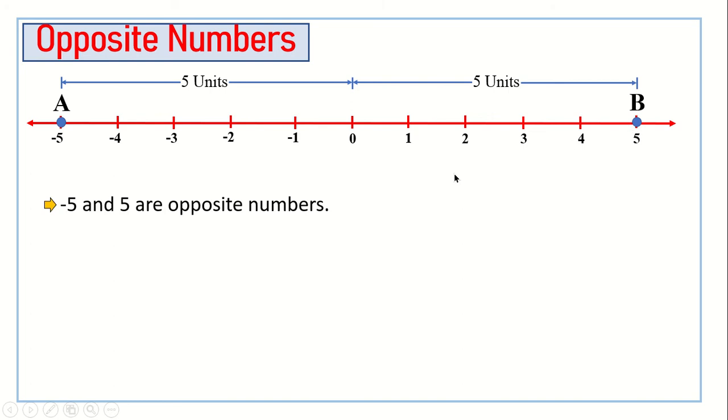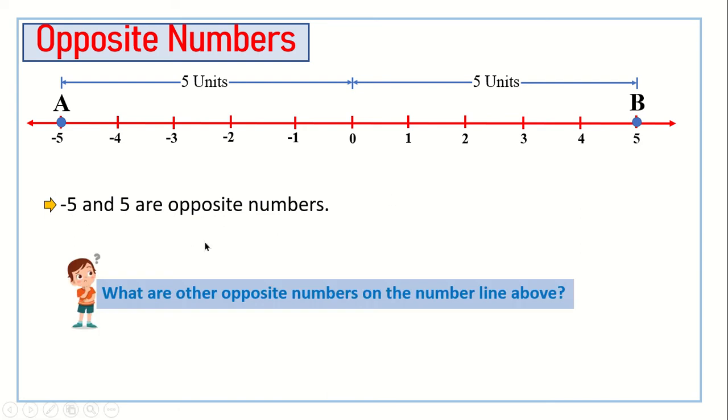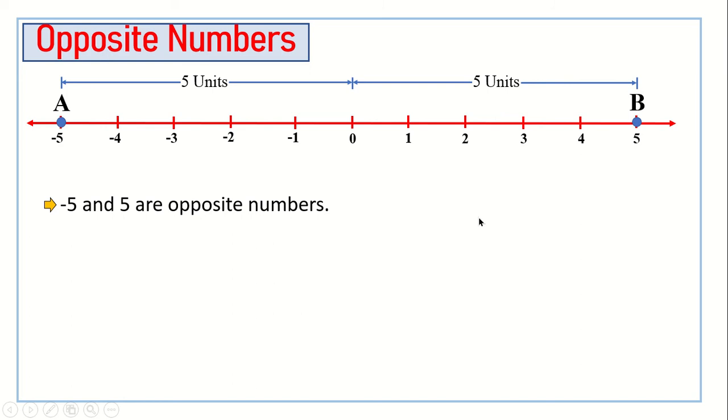Now we can say that negative 5 and 5 are opposite numbers. So, what do you think are opposite numbers? Yes? If you have two numbers and they have the same distance from 0, then it implies that those two